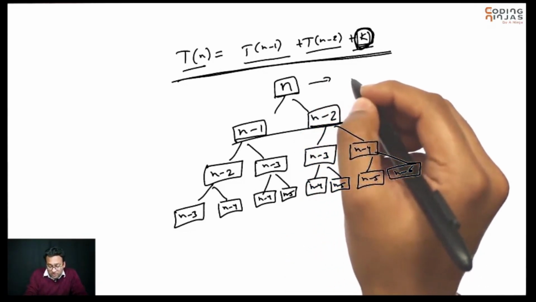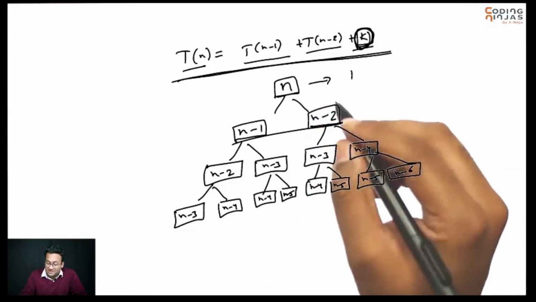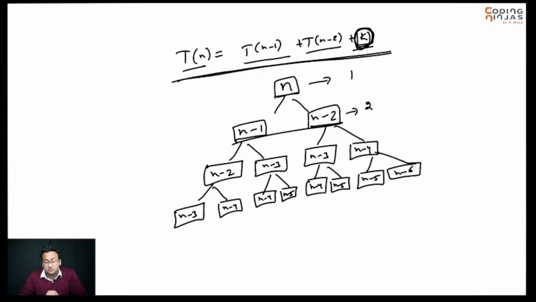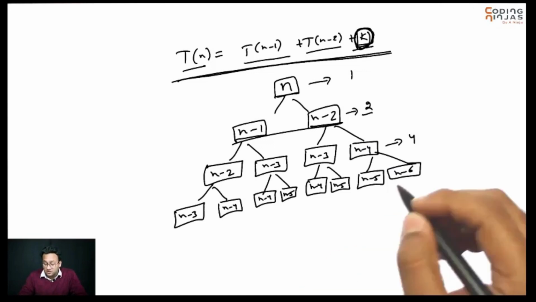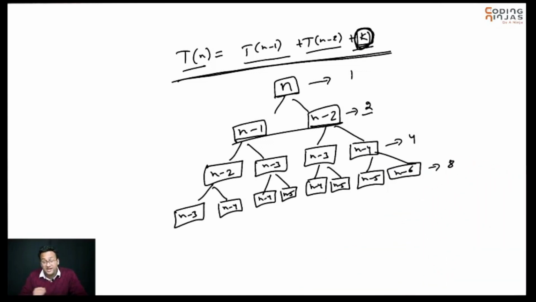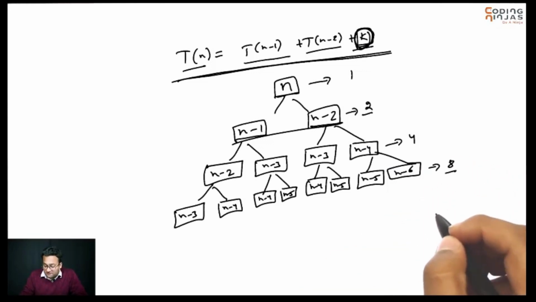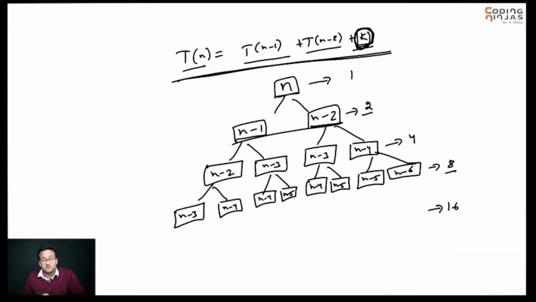So initially you made only one function call. That one function called two functions. These two functions are going to call four functions. These four functions are going to call 8 functions. These 8 functions are going to call 16 functions, and so on. Seems like we are calling